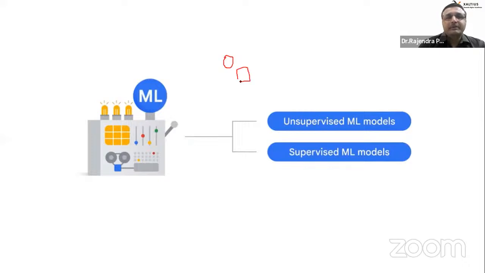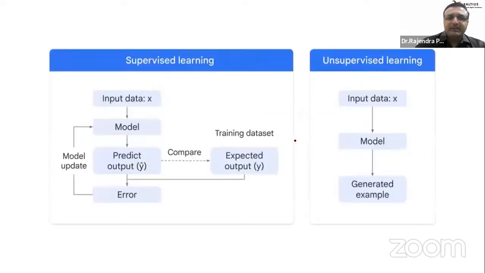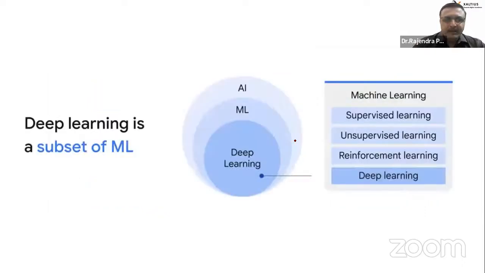There are two types of shapes: circle, rectangle, circle, rectangle. Now what will happen? The algorithm will learn about this pattern and it will make two clusters. One will be the set of circles and the other will be the set of rectangles. It doesn't know whether it is called rectangle or circle. So this is how machine learning was working.